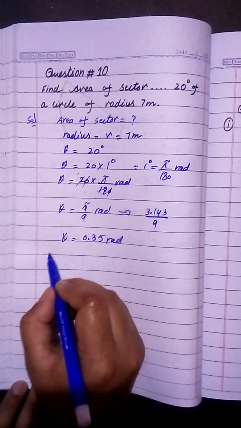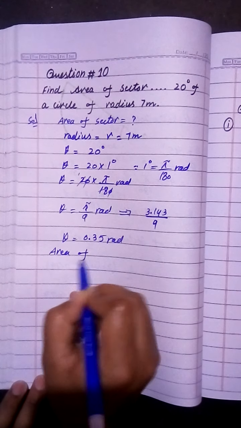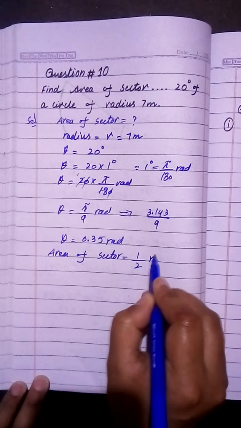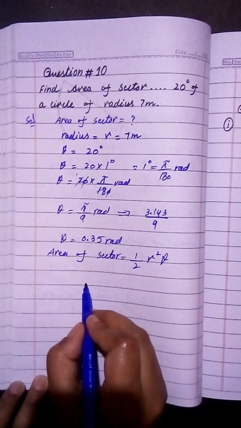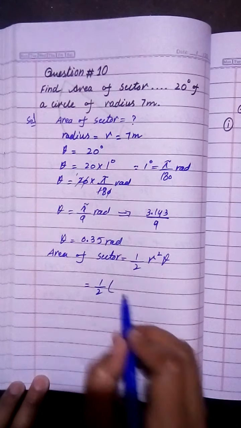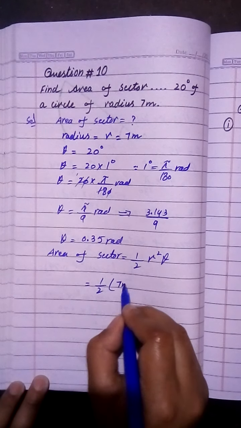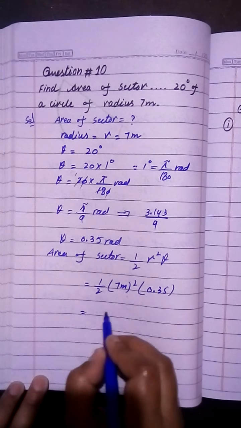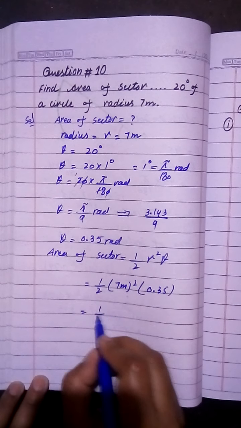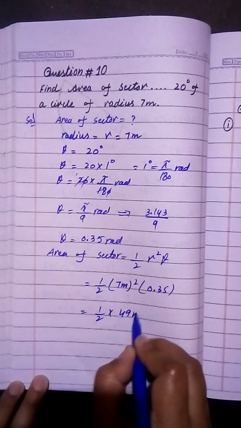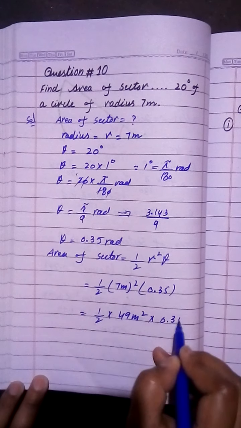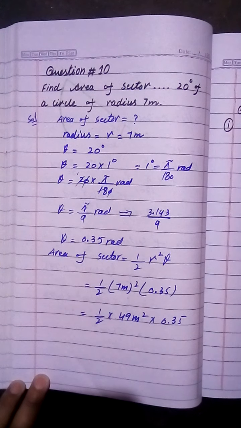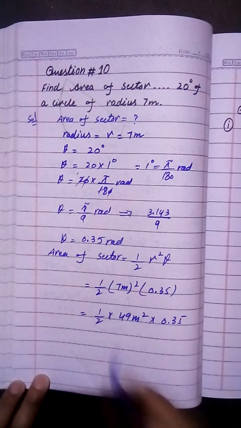Now you are going to find the area of sector. So first of all you write the formula of area of sector equals 1 by 2 r square theta. Now put the value of 1 by 2 as it is. Now r here is 7 meter, write in whole square, and theta here is 0.35. Now you write here 1 by 2 multiplied by 49 meter square and 0.35. So you have to multiply 49 by 0.35. Now you have to get here